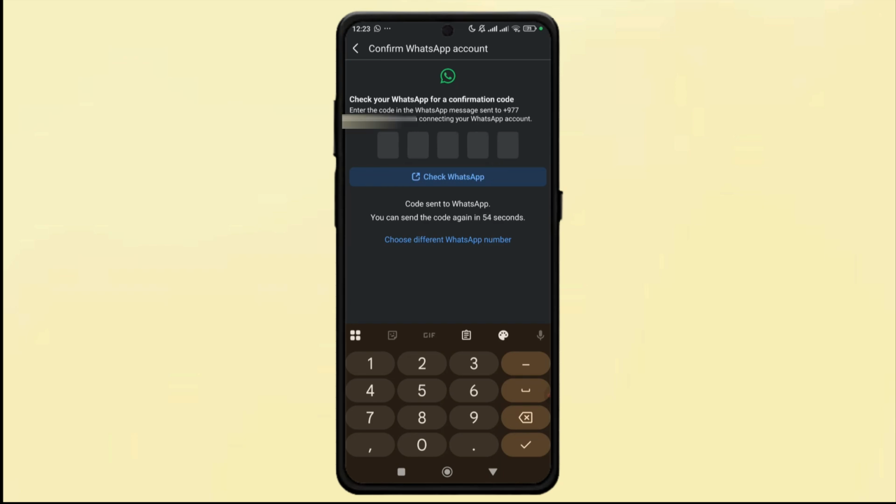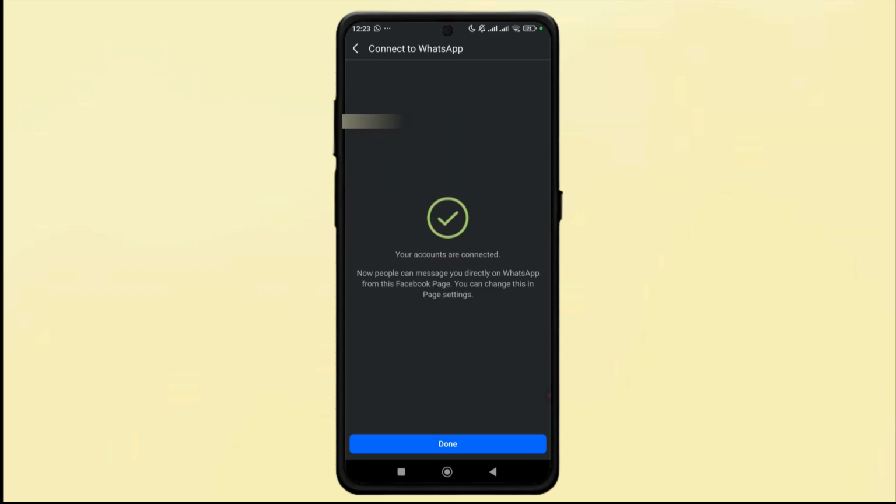Lastly, enter the code you received to verify. Finally, your WhatsApp number is added to your Facebook page,